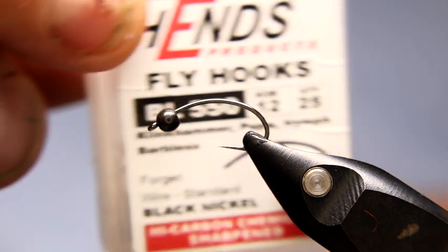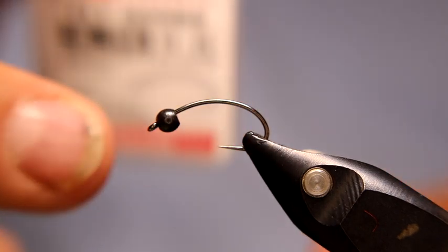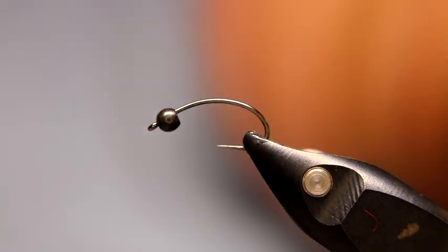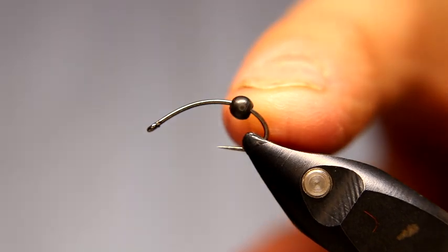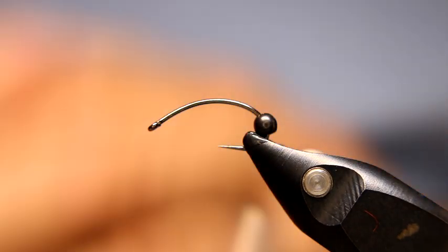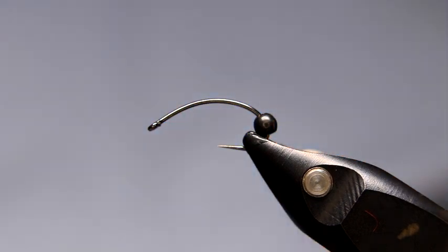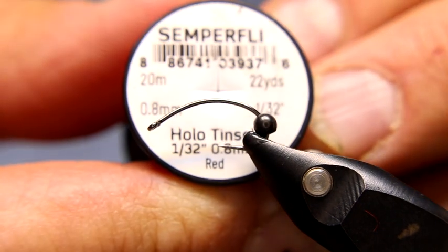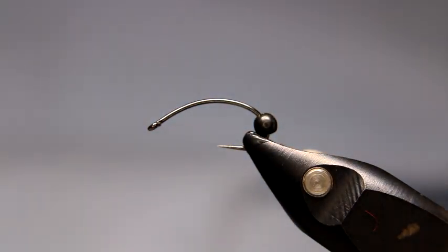In the vise today, Hends BL 550 in a size 12, clink hammer. I love these clink hammer style hooks for chironomids. I've got a 1/8 flat black bead. I'm going to be using some black wire in a small. I'm going to be using some Semperfli Holo Tinsel in 132 in red. And I'm going to be using some